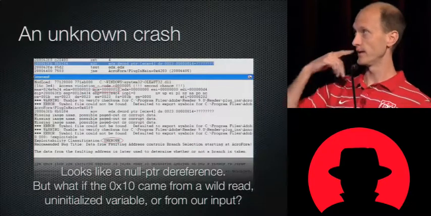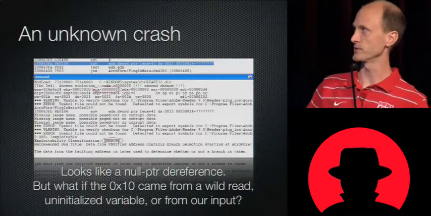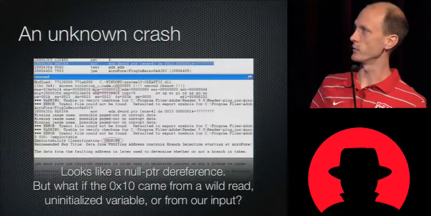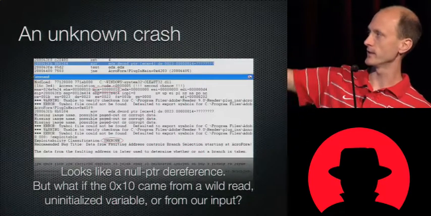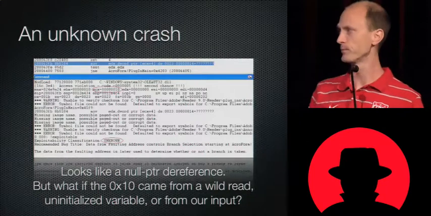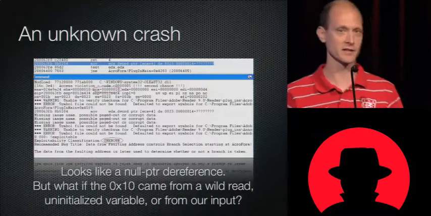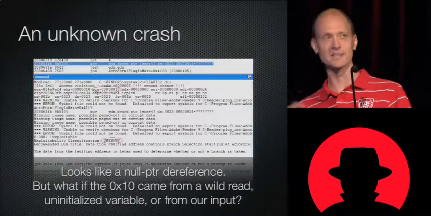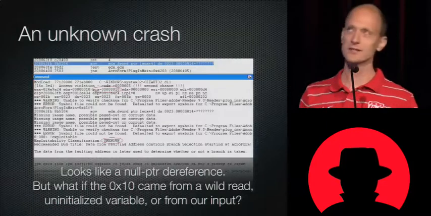So here's a crash in Adobe Reader. It's still in the most current version, but you'll see that it's not important. This is a read from ECX, and if you look at ECX, it's 10, so it's near null. So if I was looking at this, I would probably say it's probably a null pointer reference. But I would have a nagging feeling in the back of my head,